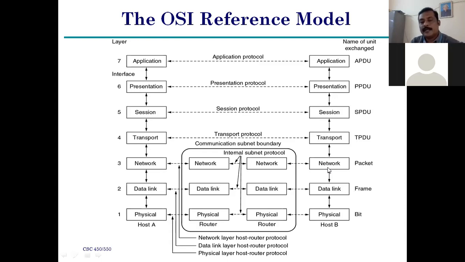Next, coming to the network layer. The first point about the network layer is that this is the third layer of the OSI reference model. In this layer, the information is in the form of packets, right? So which layer transmits the packets in the OSI reference model? It is the network layer. The network layer is used for transmitting the information in the form of packets.